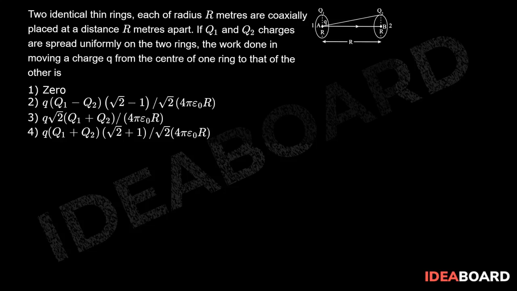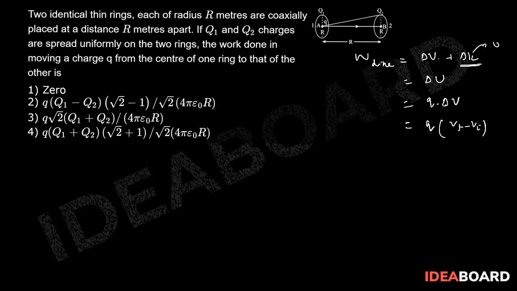So now in this question, work done will be simply equal to the change in potential energy, because of course kinetic energy will be zero. We are not moving so fast, so we are keeping the kinetic energy the same. That will be delta U. Now delta U is nothing else but Q into delta V, the change in potentials. So we can write Q into V final minus V initial, right? Now calculate the values of V final and V initial.